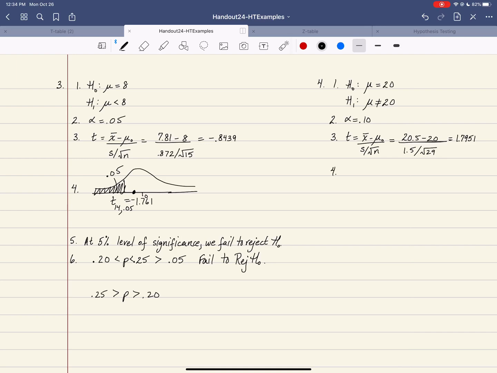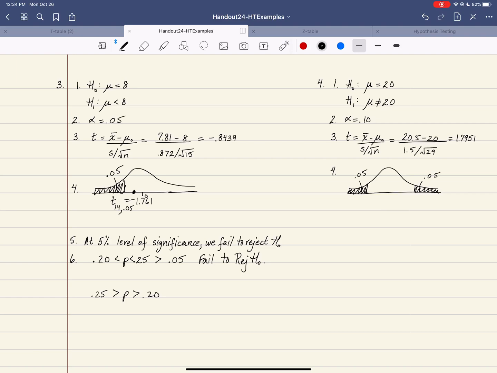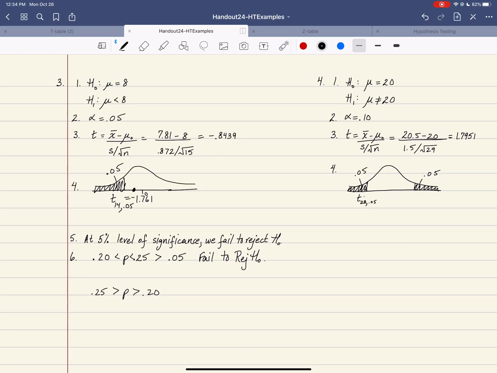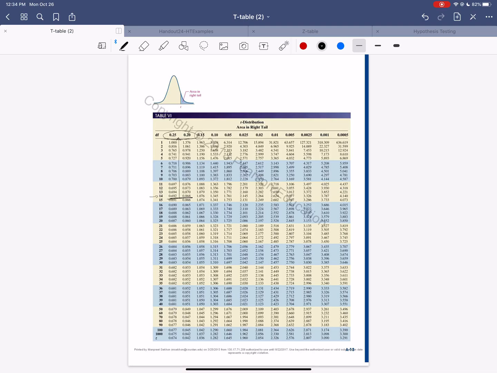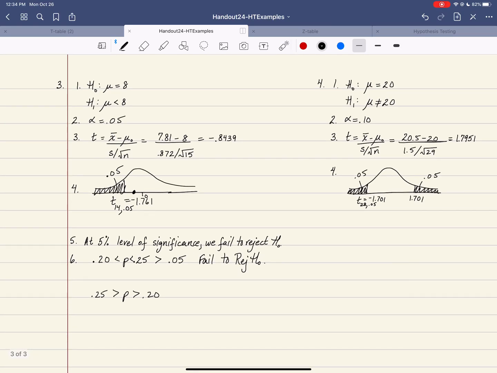All right. So left tail, right tail, two tail. So that's going to be 0.05. And so we're going to go back to the T table to figure that out. What does that rejection region look like? So once again, I'm going to look at the T table. Degrees of freedom here will be 28 for n minus 1, 0.05. And when I look that up, I get 28, 0.05, that's 1.701. So that's going to be negative 1.701 and positive 1.701. And when I compare my test statistic with my rejection region, I'm going to show with a dot, this is where it falls. So at 10% level of significance,